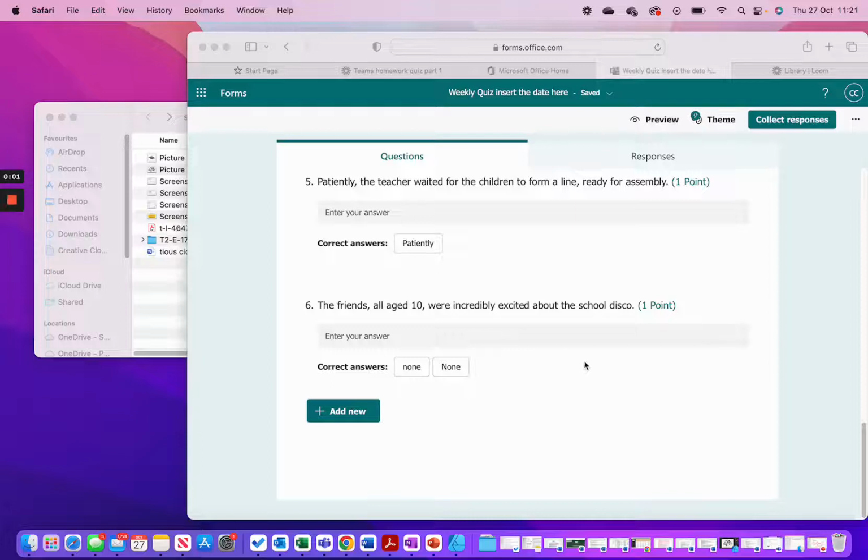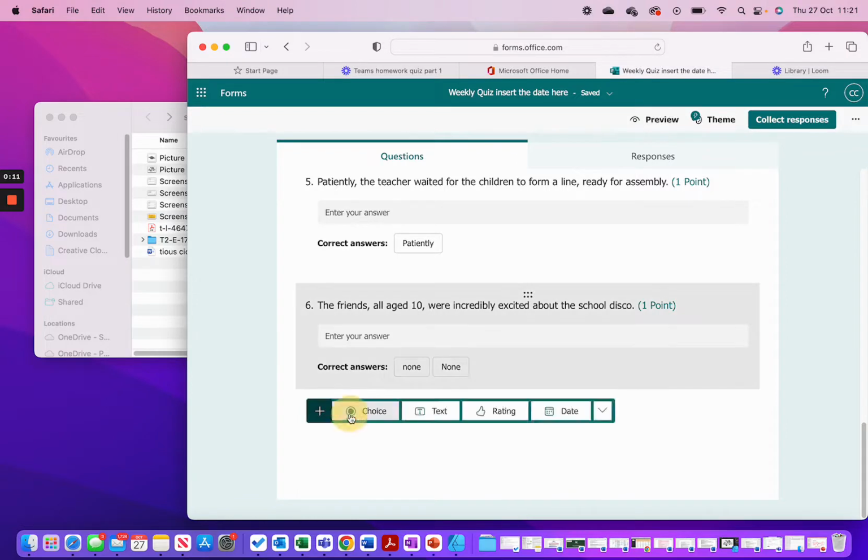So we're about to do our third section now, which is science, and I just wanted to show you during this section a couple of different ways that you could present the same question. So we're going to add our new section,